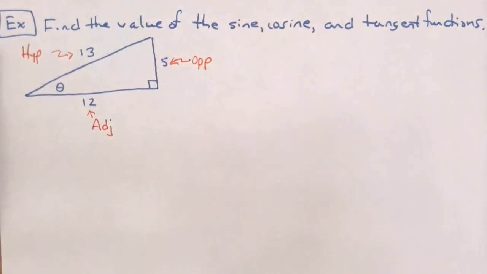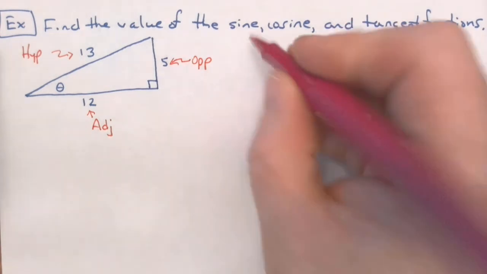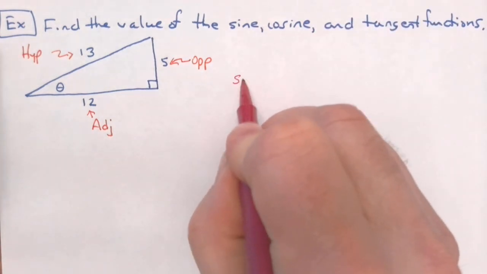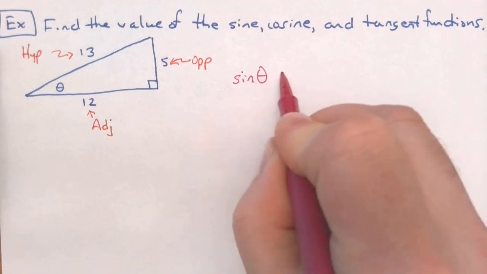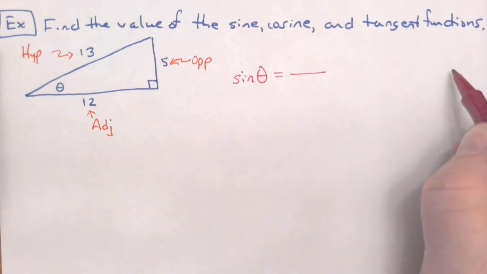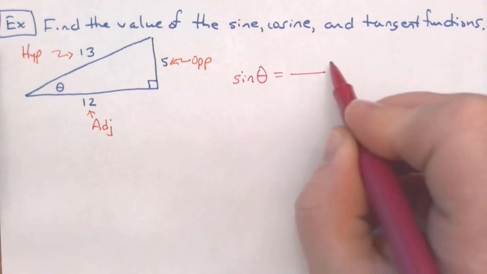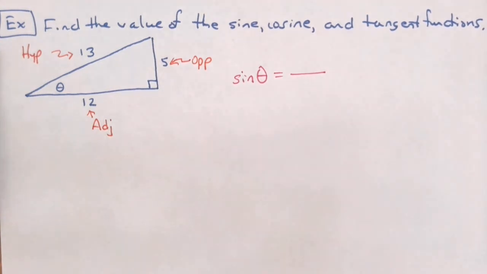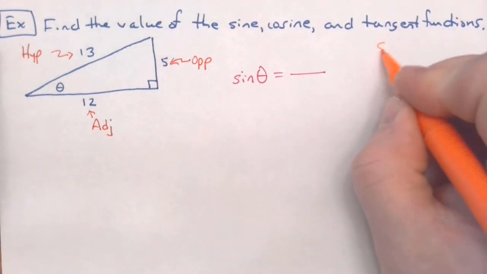And then once you know which sides are the opposite, adjacent, and hypotenuse, you're ready to go through and set up your problem and do your calculations. So we need to calculate the sine of angle theta. I know that the sine of angle theta is going to be a fraction, and it's going to be the opposite over the hypotenuse. If you can't remember,